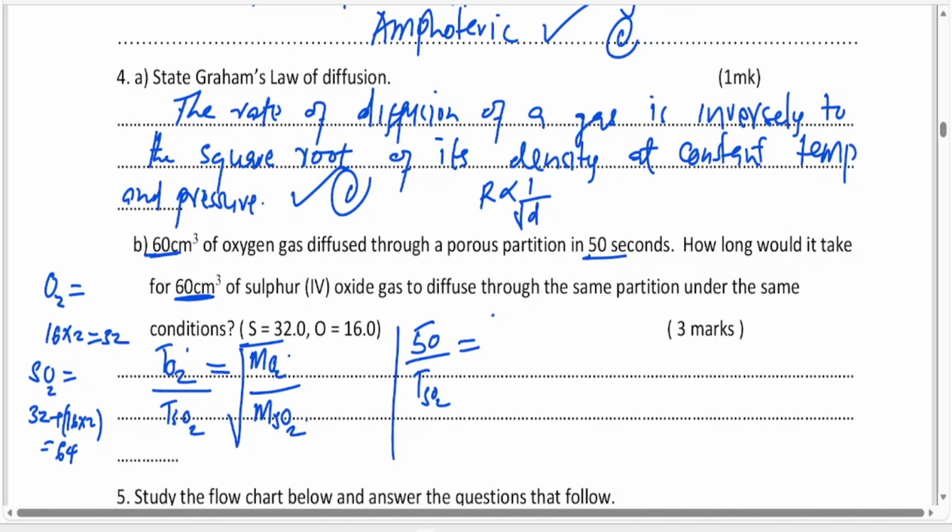So I'm going to have 32 divided by 64, not forgetting the square root sign. When I work it out, I'm going to have 50 out of time for sulfur oxide is equivalent to, when I do this 32 divided by 64, then I take the square root, I shall obtain